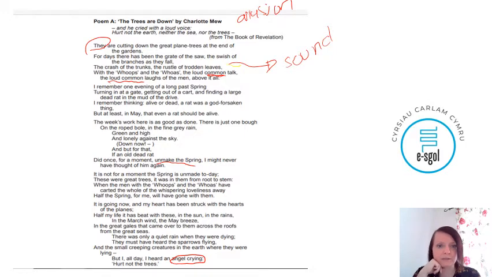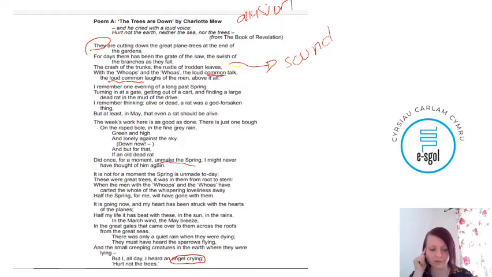She talks about them here as quite brash, and we get a sense that they are quite rough, and it's definitely in contrast to the natural sounds of the trees themselves. We get a sense that with the whoops and the woes, okay, the men are making these quite deep guttural sounds, while